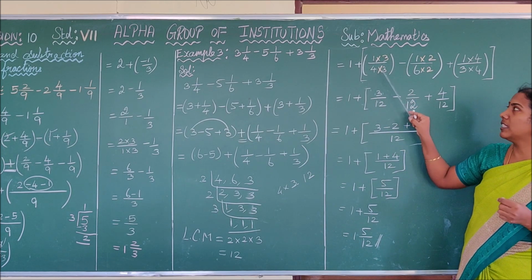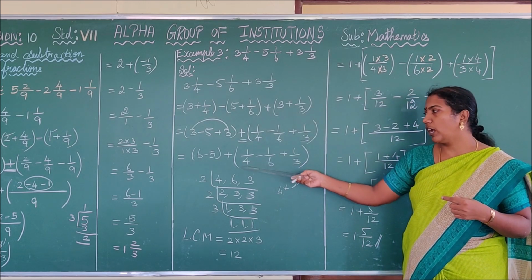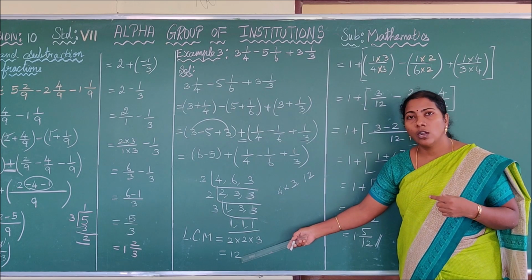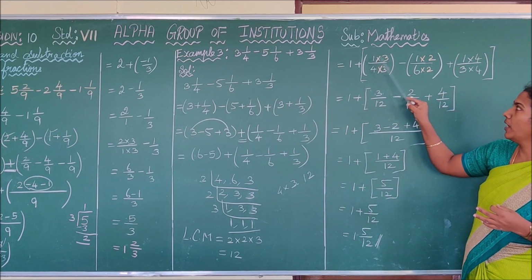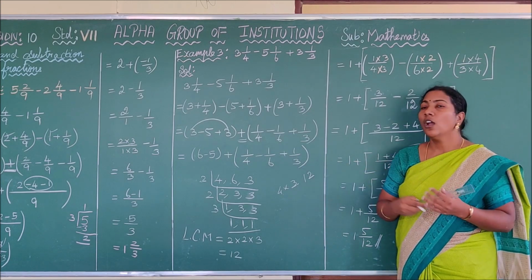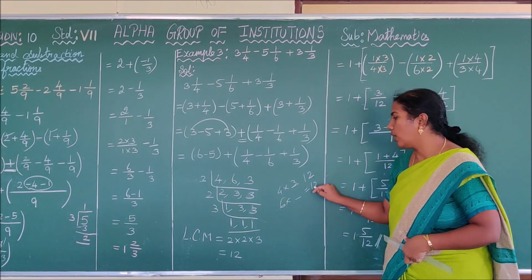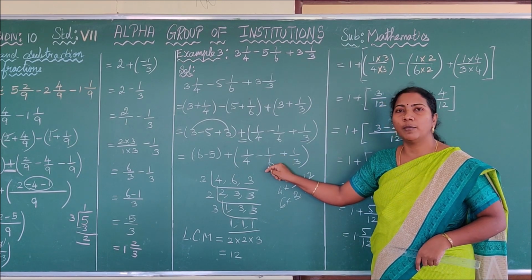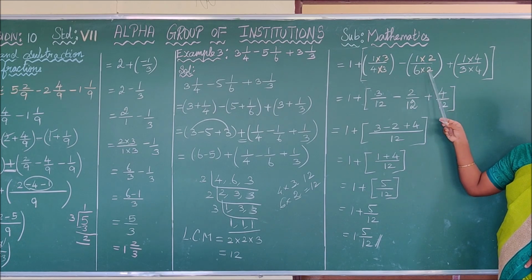So you have to multiply the numerator and denominator by 3. See here, 1 into 3, 4 into 3. How can you decide this number 3? Based on the denominator. Here we have the denominator 4. What should be multiplied with 4 to get the LCM? 3. So you have to multiply this fraction's numerator and denominator by 3: plus 1 into 3 by 4 into 3. Minus the next fraction 1 by 6. What should be the number multiplied with 6 to get 12? Yes, 2. So you have to multiply both the numerator and the denominator by 2: plus 1 into 2 by 6 into 2. Straight, children.